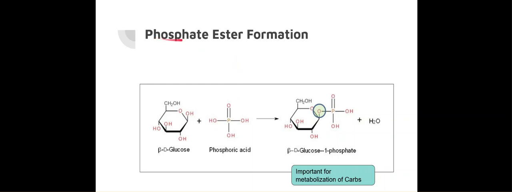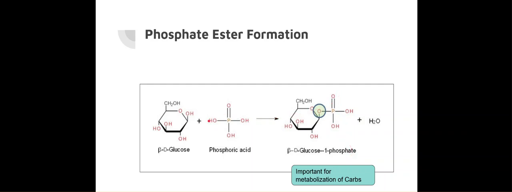Okay, remember we said phosphate esters are important in biochemistry. That was one of my sample questions for you because we had talked about that in chapter 5. So here's an example of this. So we have our friend beta D glucose here. This can react inside your body with phosphoric acid. Yes, phosphoric acid can exist in your body. It's just very, very dilute. But it reacts with this to form a beta D glucose 1 phosphate.